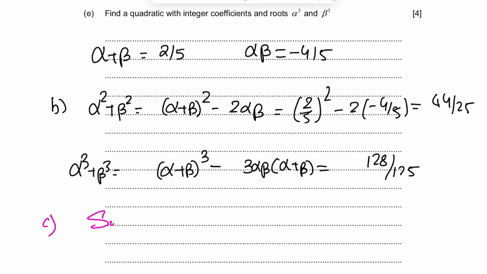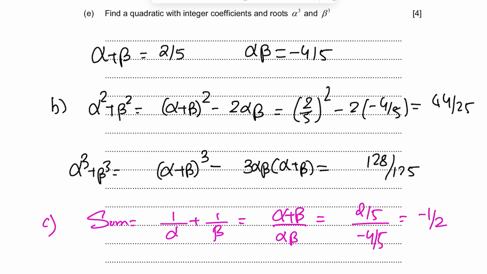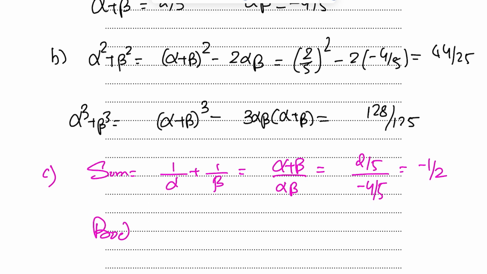So first find the sum of the roots. Sum of the roots is 1 upon alpha plus 1 upon beta, which is alpha plus beta by alpha beta, which is, alpha plus beta is 2 upon 5, alpha beta is minus 4 upon 5, which is minus 1 upon 2. Product of the roots. 1 upon alpha times 1 upon beta, which is 1 upon minus 4 upon 5, which is minus 5 upon